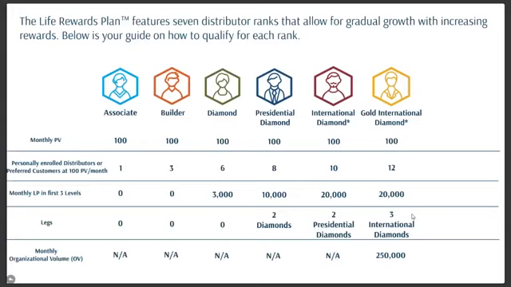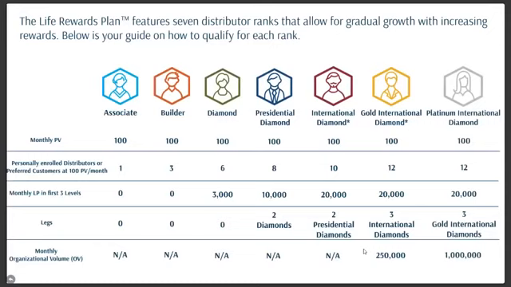One thing that I always talk to diamonds about early on is to make sure that they really are establishing at least 3 very strong leaders that are going to build organizations, because you're going to need 2 of them at least for these first 2 ranks after diamond. But by the time you get to gold, you're going to need a third one. So start developing those 3 really strong leaders early on so that jumping from 2 to 3 doesn't become a choking point for you. Also, Gold International Diamond is the very first rank where we have a monthly organizational volume requirement, and that is 250,000 PV in organizational volume for that month to qualify.